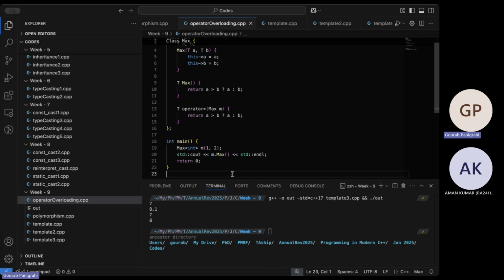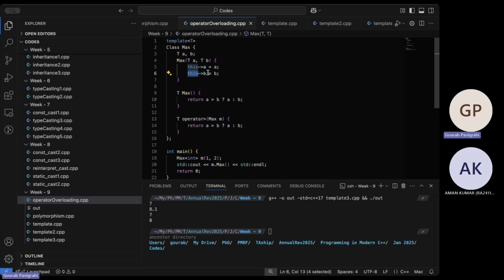Sometimes, so the question is about this keyword. Sometimes you want to refer to that object's pointer. That's what the keyword this is. Here in this case, do not get confused between A and B. Here the local variable is A, and here we actually want to refer to the A and B of the private members. That's why this was written. Honestly, this is generated code, so normally I wouldn't write it this way.